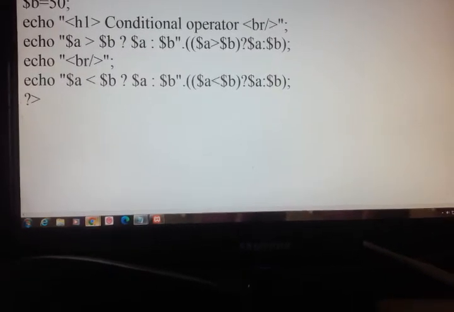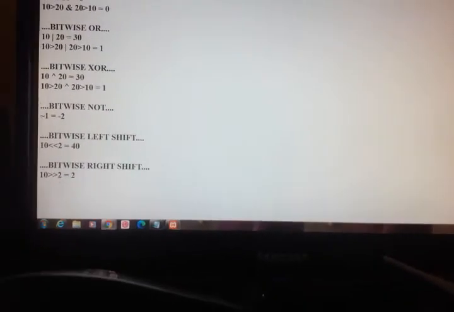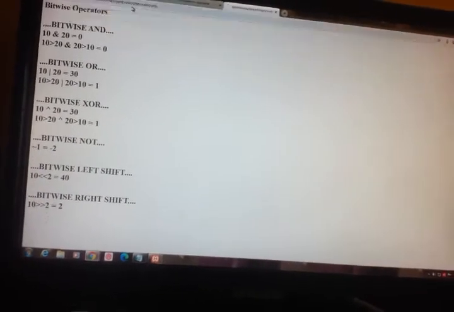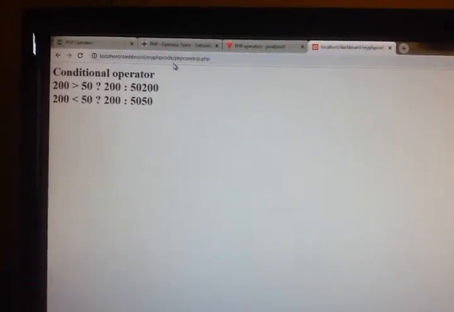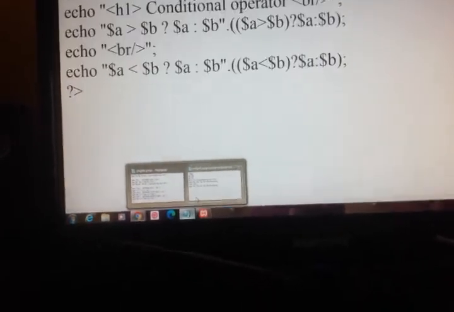Then go to the browser in the localhost, conditional operator dot PHP. It's not clear, I will make it clear.